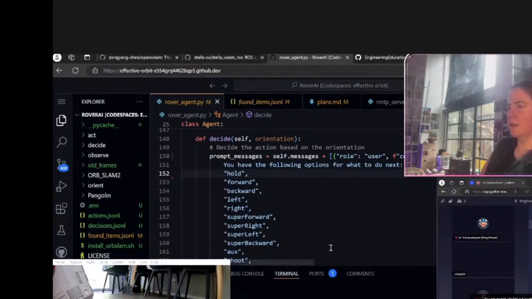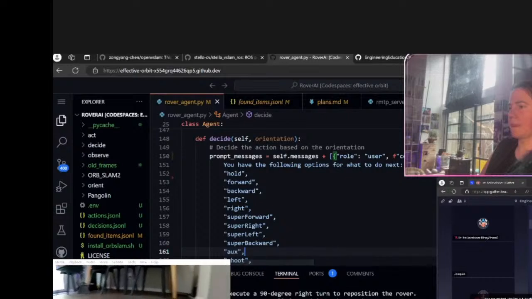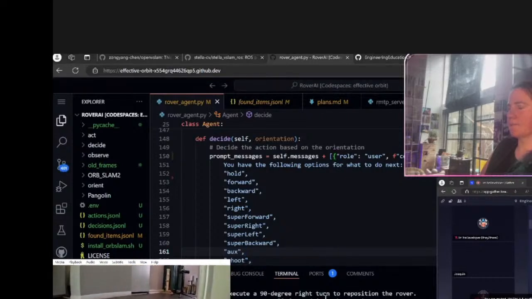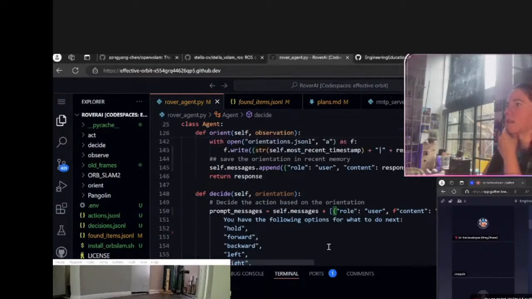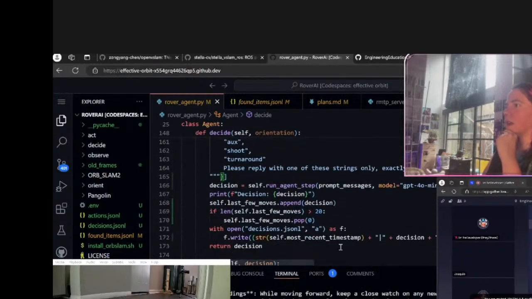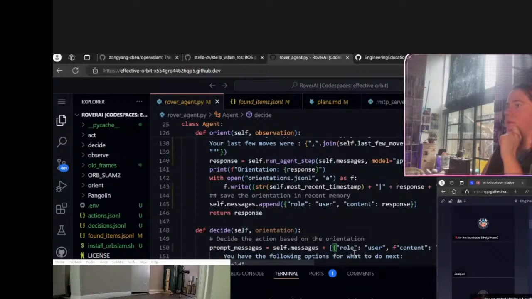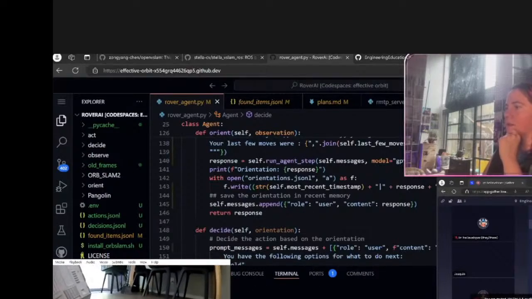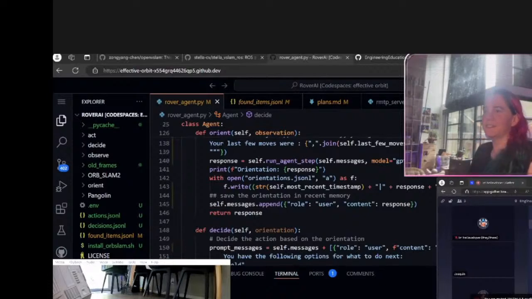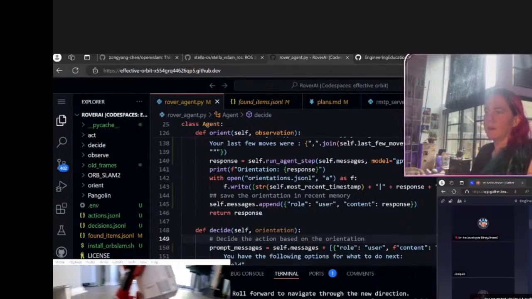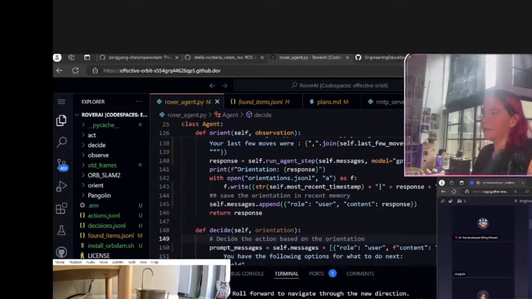Why does it think it's facing a wall? Okay. Is it like one orientation behind? That's a question I have. I don't know. Trying to program a vector. What kind of vector are you trying to program? Okay. What's it doing? Yeah, it's still stuck. It's just really wanting to go in circles.